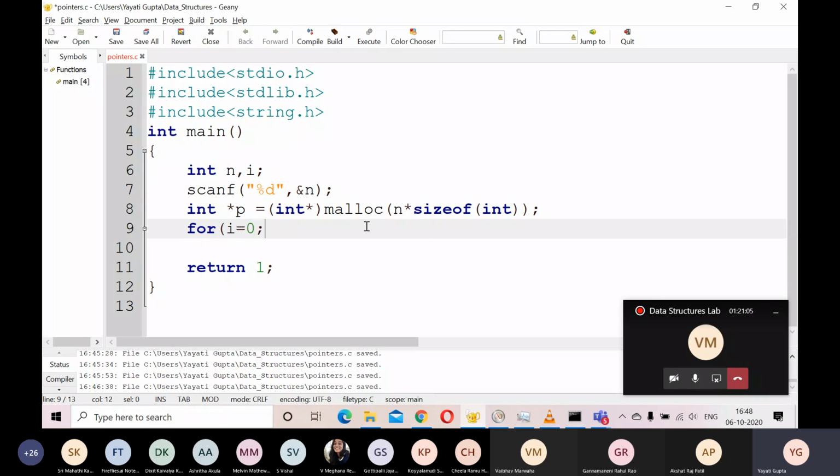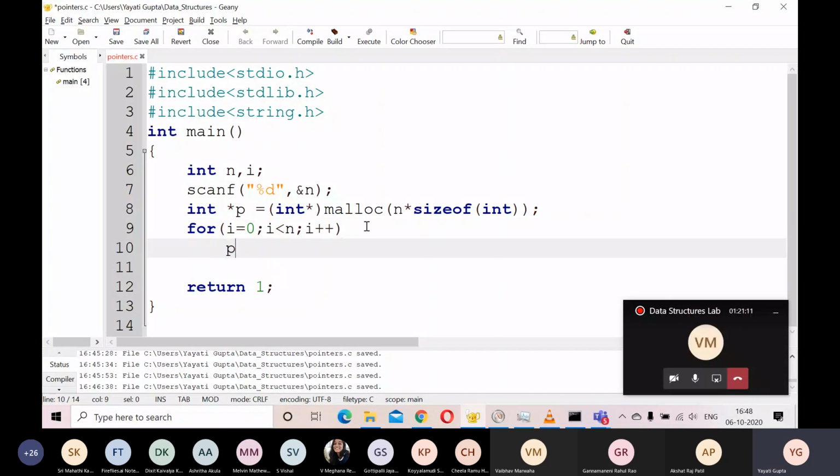So you can run this i loop here. Let me just print the elements. What I should write here is p[i]. So you refer to it exactly as you do with arrays. You should note here that both of these are the same notations, whether you write p[i] or you write star of p plus i. So you can even use this notation with your normal arrays.